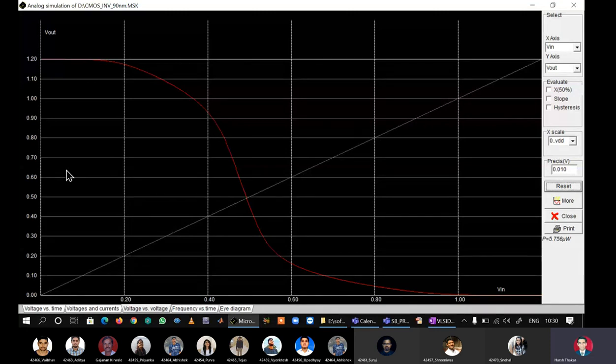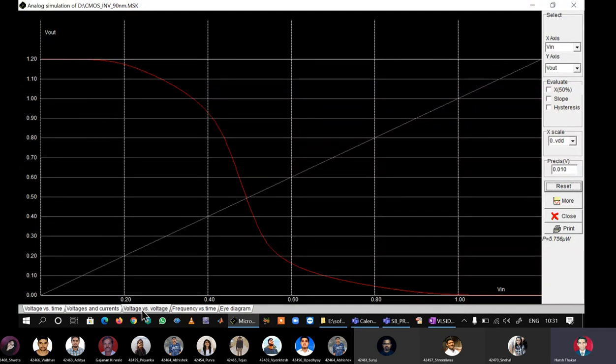So for 19 nanometer technology, the VDD is actually 1.2 volts. So the output is shuffling between plus VDD and 0 volts. So this is called the voltage transfer curve or VTC characteristics. The VTC characteristics of any circuit is actually a plot of Vout versus Vin, and here you know that Vout is equal to Vin bar. So when Vin is 0 volts or logic 0, Vout is logic 1 or 1.2 volts. Similarly, when Vin is equal to 1.2 volts or logic 1, the output is equal to 0 volts or logic 0.